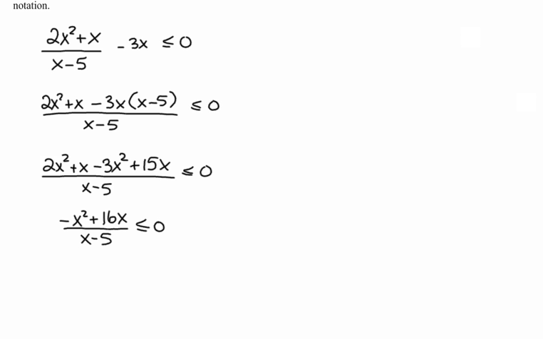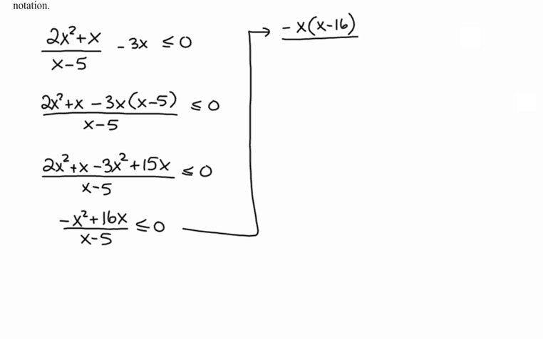Okay, so let's factor. I like to have x squared positive, or the x positive. Let's pull out the negative there. We can factor the numerator, so let's do that. So I'm going to factor out the negative, negative x. And we're going to be left with x minus 16, and all over x minus 5. Okay,